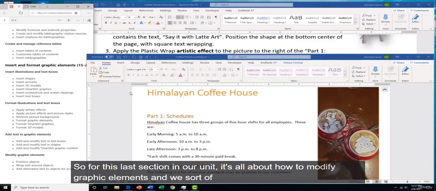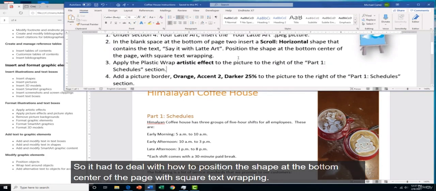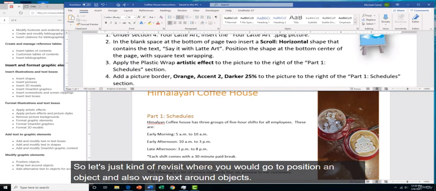So for this last section in our unit, it's all about how to modify graphic elements. And we sort of covered the first two skills in the second task of this project here. So it had to deal with how to position the shape at the bottom center of the page with square text wrapping. So let's just revisit where you would go to position an object and also wrap text